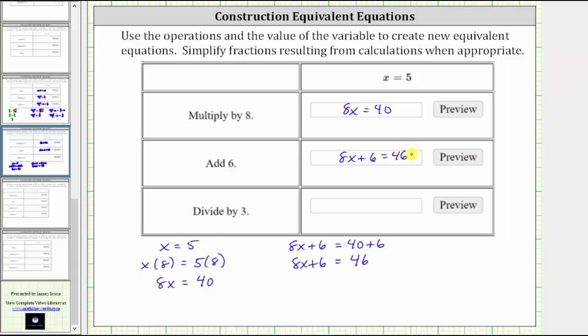And the last operation is divide by 3. So now we take this equation and divide both sides by 3. This gives us the quantity 8x plus 6 divided by 3 equals 46 divided by 3. And nothing simplifies here. This is the third equivalent equation. We have the quantity 8x plus 6 divided by 3 equals